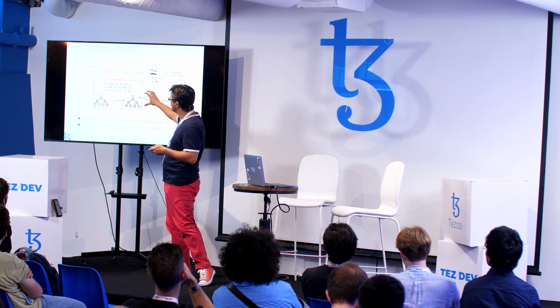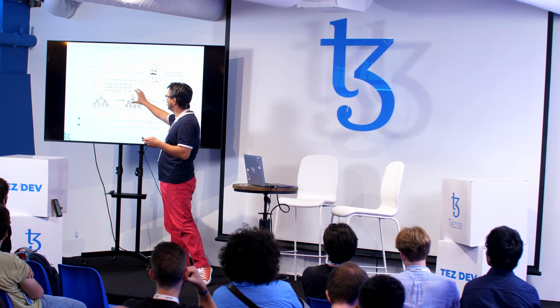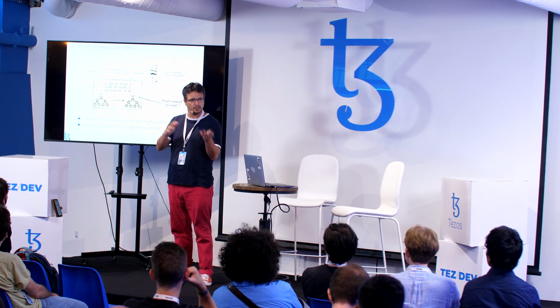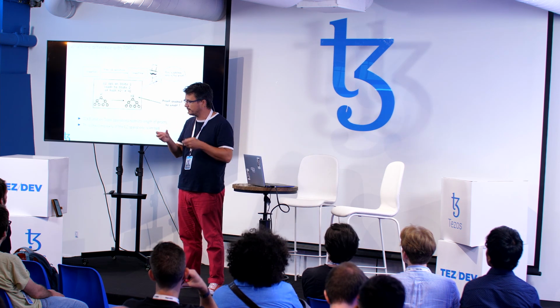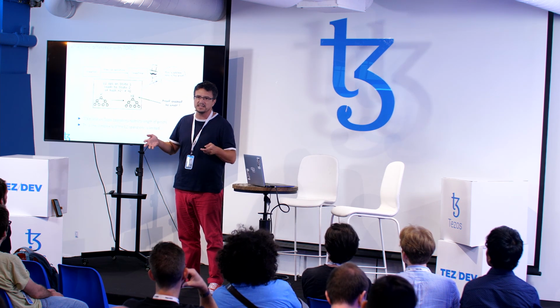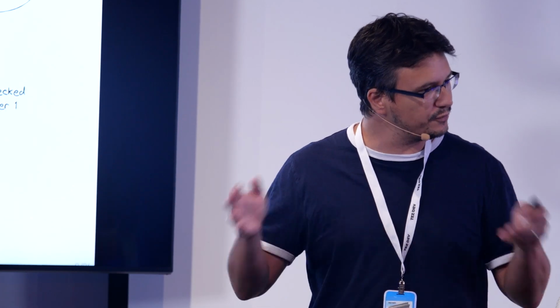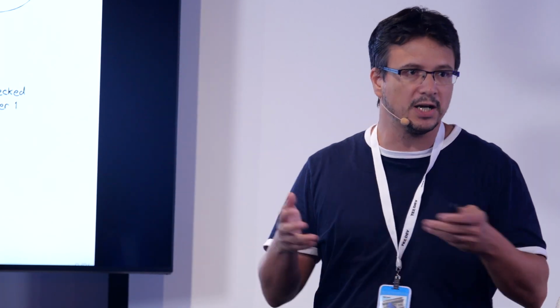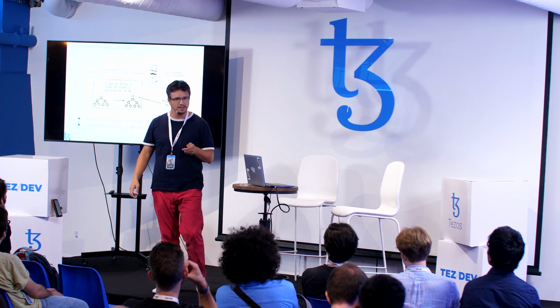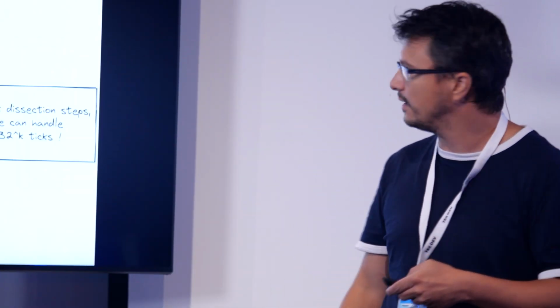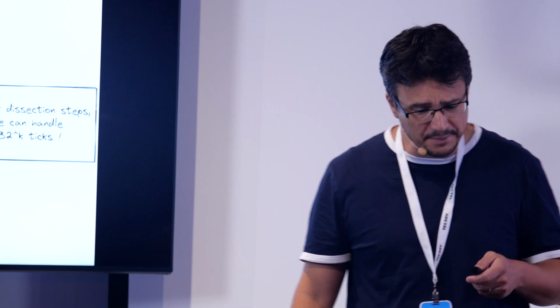And so the proof more or less describes the transition from a state to another one. And if you can imagine that if you have a very complex computation, the transformation can be quite large. Okay? So that's why in the case of TORU, we restrict the semantics to only transactions, because they can be described in a very compact way. But still, you have a limit on the number of transactions that you can handle between two commits, because you need to make sure that you can always produce a proof that fits in an L1 operation. So that's a limitation, and SCORU frees us from this limitation,